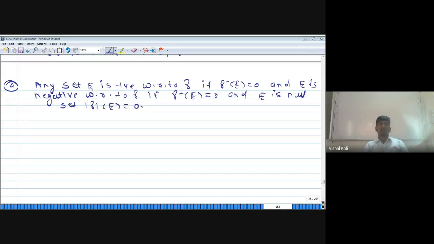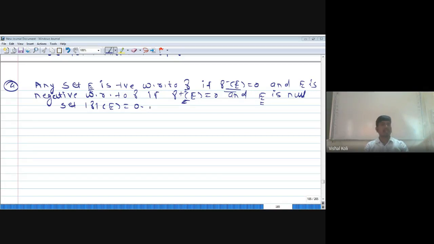So if we take any measurable set E, then it is said to be a positive set with respect to a signed measure gamma if its negative part is equal to 0. If its negative part is equal to 0, then there is no measurable subset having negative measure, and it is said to be a negative set if its positive part is equal to 0. Positive part means it contains all the measurable subsets of a given set having non-negative measure. If this is equal to 0, then the corresponding set E will be a negative set, since it contains only measurable subsets having non-positive measure. Therefore the corresponding set is said to be a negative set, and a set is said to be a null set if modulus of gamma of E is equal to 0.